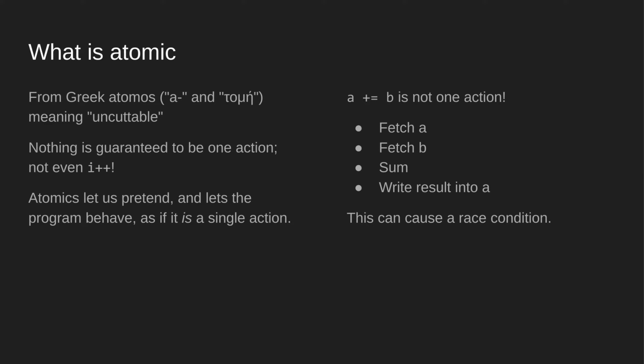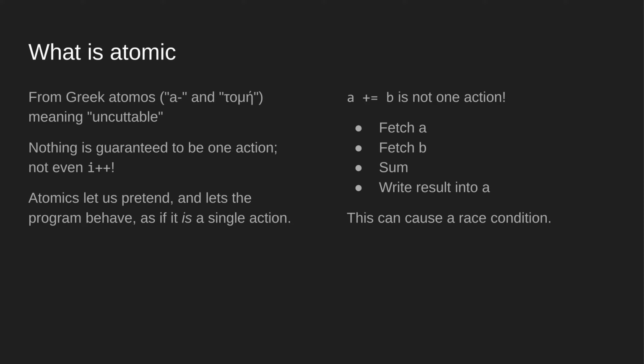This talk is already pretty long, and I don't want to spend the whole night talking about this, so I'm going to handwave a bunch of stuff. But atomic comes from the Greek prefix a, meaning not or un, and the word tomo, meaning cuttable. So an atomic thing is something which cannot be divided anymore. It is the smallest imaginable unit, right?